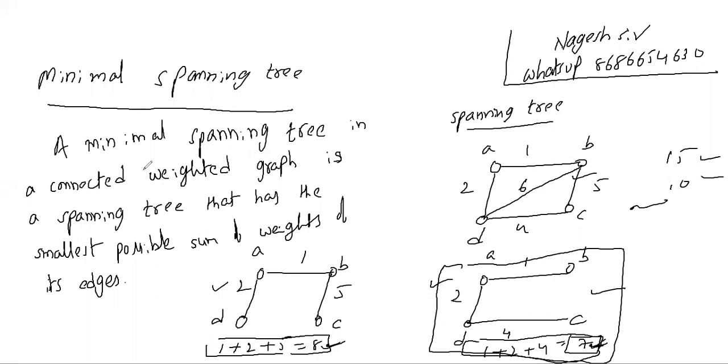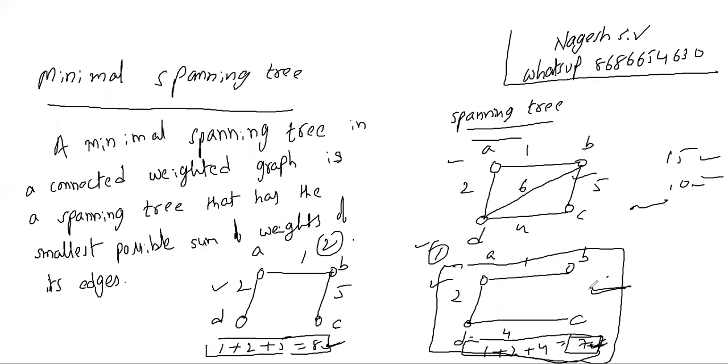So now, one more time I'm explaining. This is the given graph, if anybody was absent in the last class. For the given graph, you have to find the spanning tree. A spanning tree means a tree which covers all the vertices. The first one covers all the vertices, and the second one also covers all the vertices. Therefore both are spanning trees. For these edges you assign some weights. Here you are getting 7, and here 8. Some other spanning tree you may get 10, 15 like that. What is the minimum? 7 is the minimum, so this is a minimal spanning tree. So the first one is a minimal spanning tree.